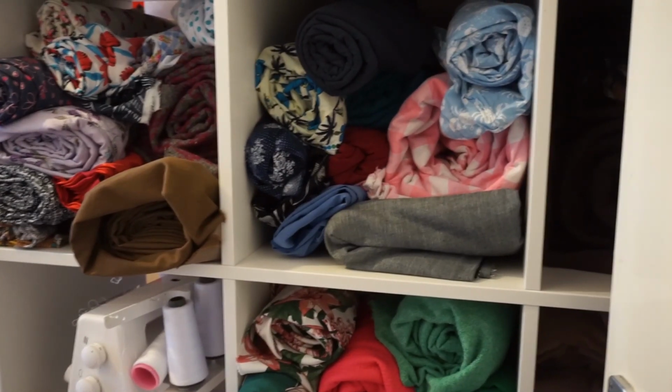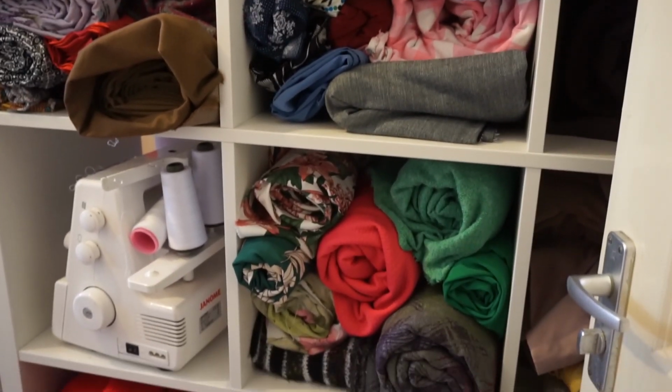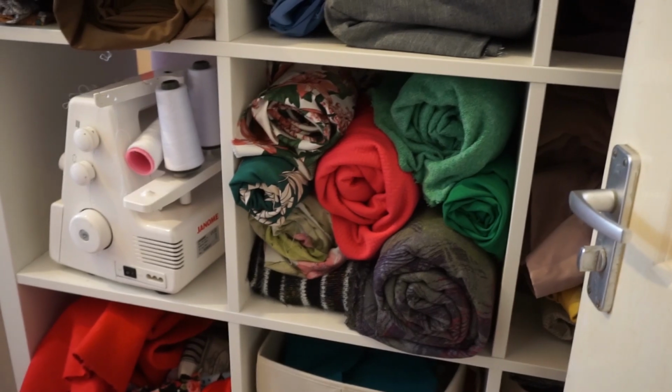You might remember the cubbies that I used to have just in here that I had all my fabric in. Well, that does house my fabric, but I've got a lot less fabric now, so I have some spare cubbies. So my serger just lives in that cubby. I get it out when I need to, i.e. if I'm sewing or I need it in a video, then I'll bring it out, put it on the table, use it,